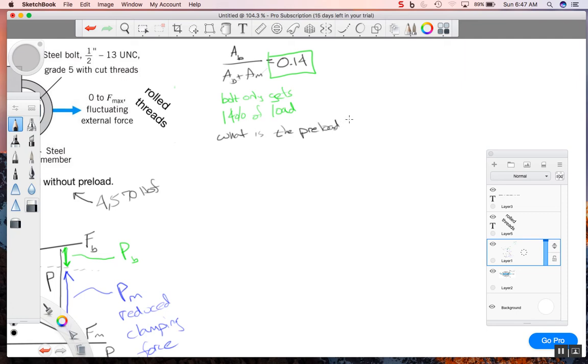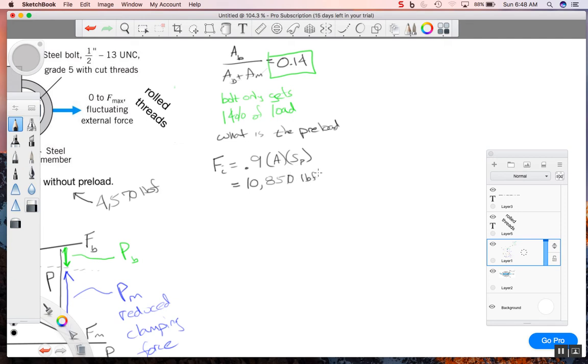Well, according to our book, for permanent joints, we want the initial force to be about 0.9 times the area times the proof strength. All right, and I looked up the proof strength. I know the area. So this means my preload is 10,850 pounds. Wow, 10,850